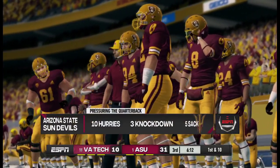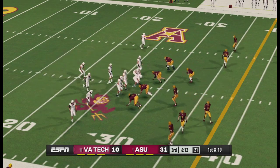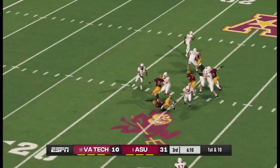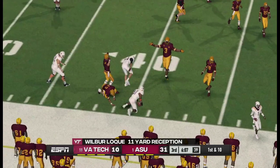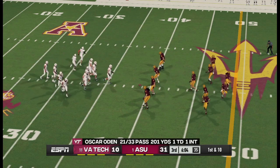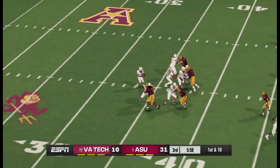There you see the Arizona State pressure. 10 hurries, 3 knockdowns, and 5 sacks. If you're consistent with that, it's tough as an offense to manage pressure like that. Oden throws it out to the right side, and he finds Wilbur Loki for 11. He's been able to manage the pressure in the 2nd half so far, though. Well, he's going to need to manage it a lot faster to get and not chew a ton of clock. He's got plenty of time, but